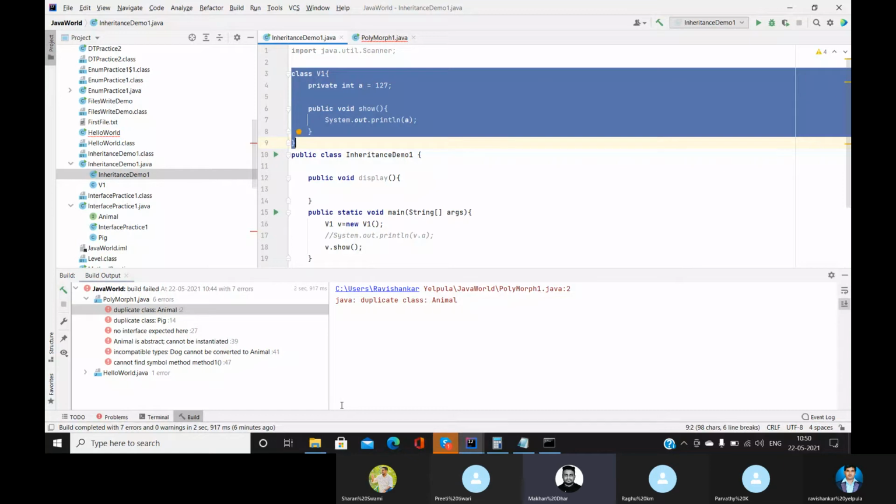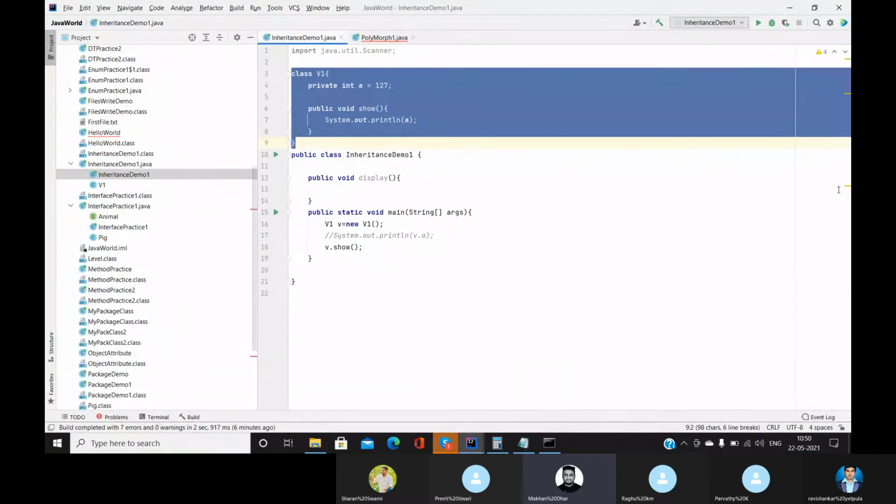In a single program you can have 10 classes, but if you say it's a private class, that means that class can only be accessed by that particular class, not by other classes within the same package, forget about other packages.